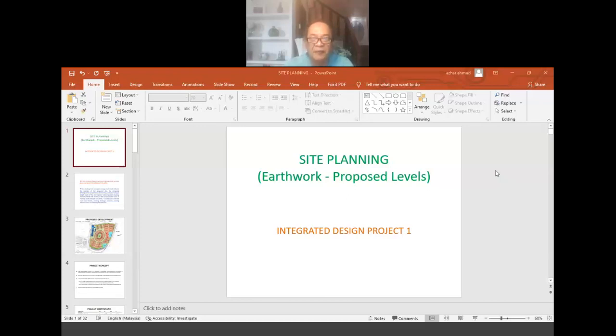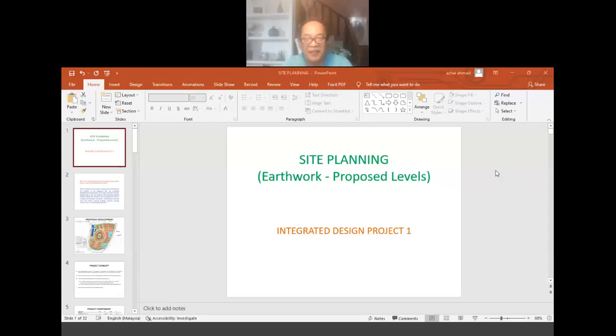for the whole group, so that the Department of Water Supply and the Department of Erosion will be able to follow through using the second trial levels as the final levels. And that final level, after the reduction in costing, will form the basis of the levels that will be used in IDP2 in your road, drainage and sewerage design